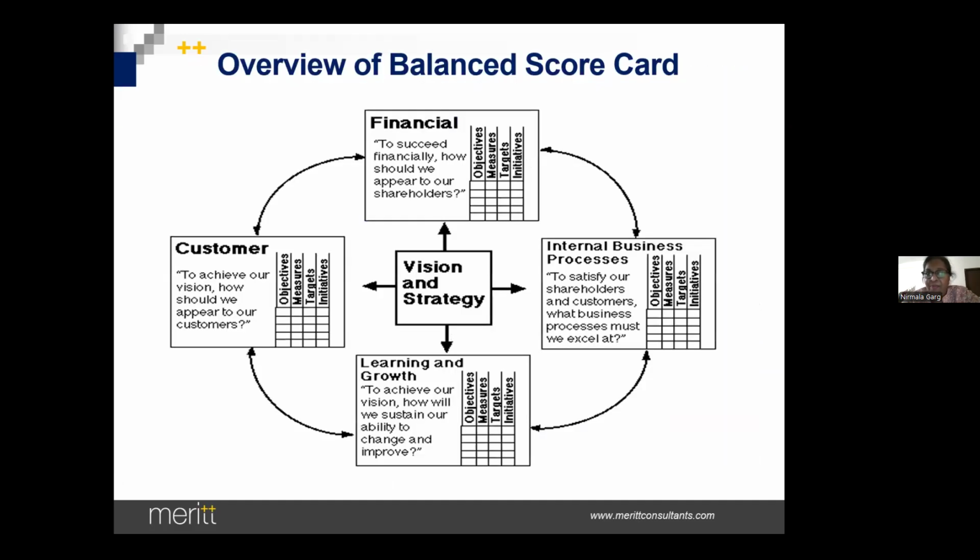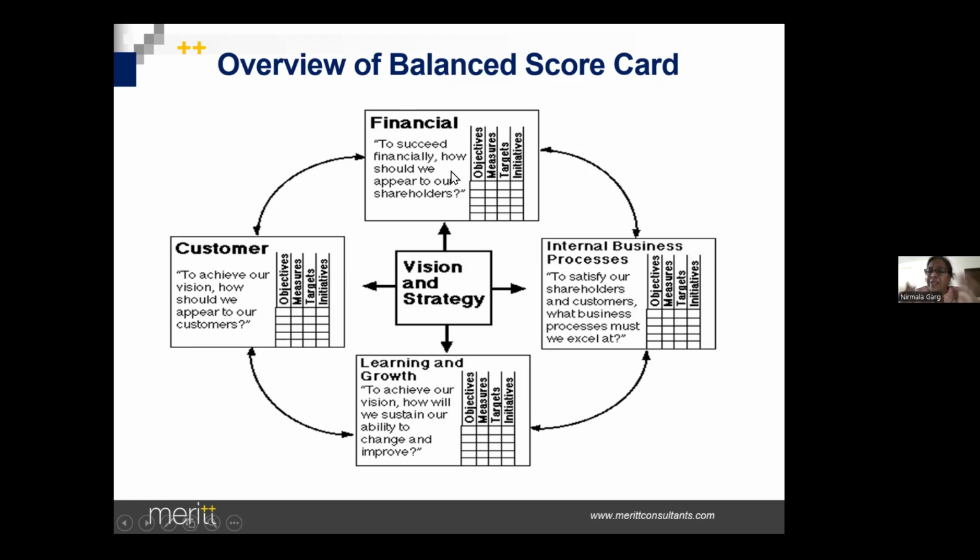First let me show you this. So this is called a balanced scorecard. When we say balanced scorecard, it gives me 4 perspectives: financial perspective, customer perspective, internal business processes, and learning and growth. This was propounded by Robert Kaplan. They said, hey, don't just look at financial